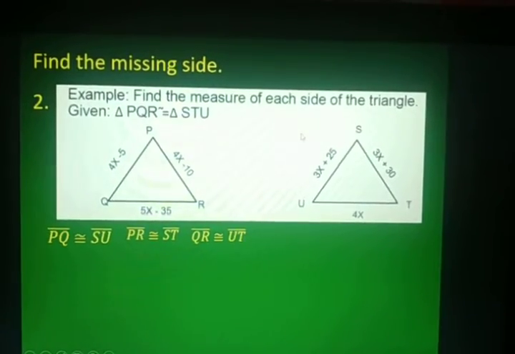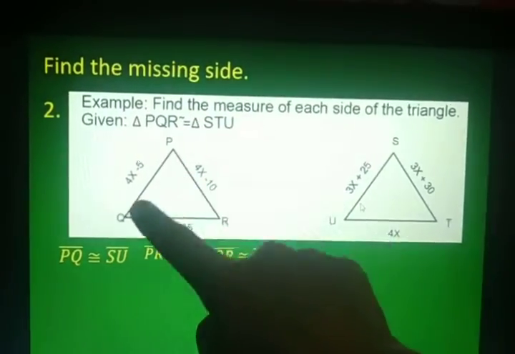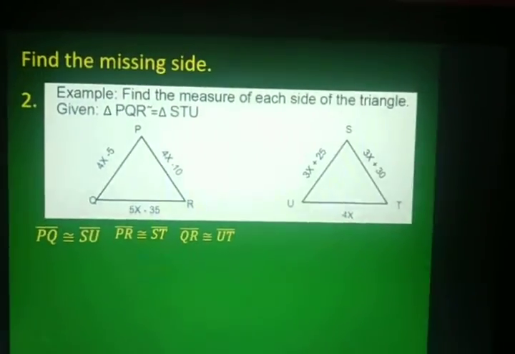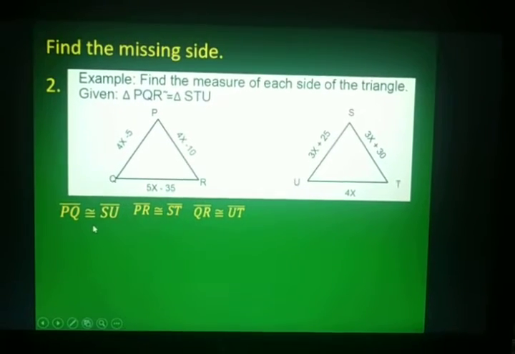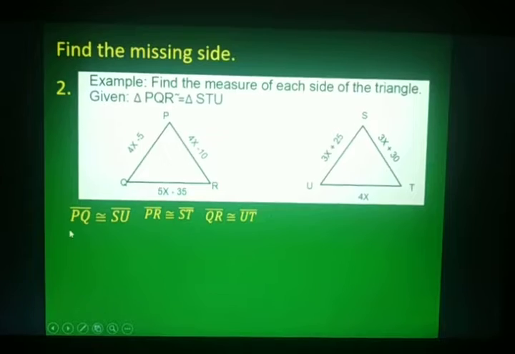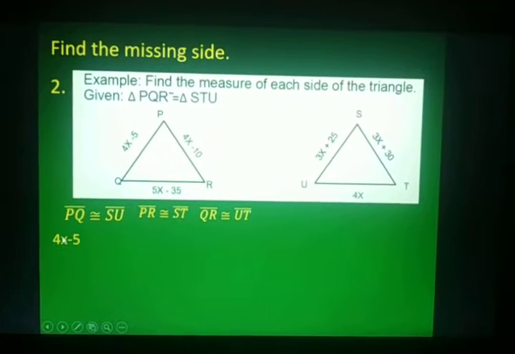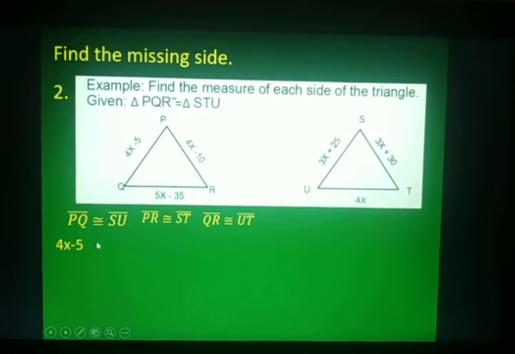This side. Okay? So, let's equate them. Side PQ corresponds to side SU. So, write it down. PQ is 4x minus 5 is equal